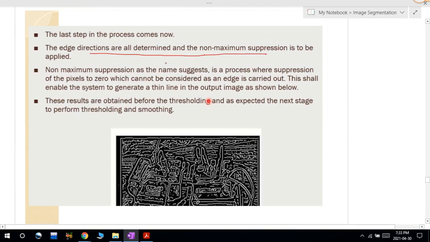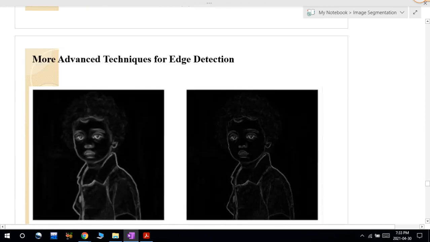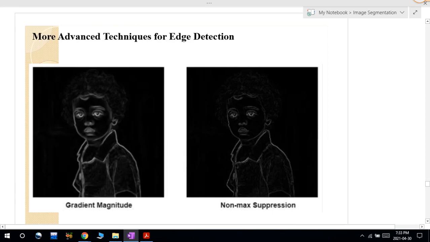So by applying these edge directions and non-maximum suppression, I will find out only the pixels that are required for the correct edge. That is called edge localization. I will find the correct edge points. After this, the final step is thresholding. After the gradient magnitude image is there,